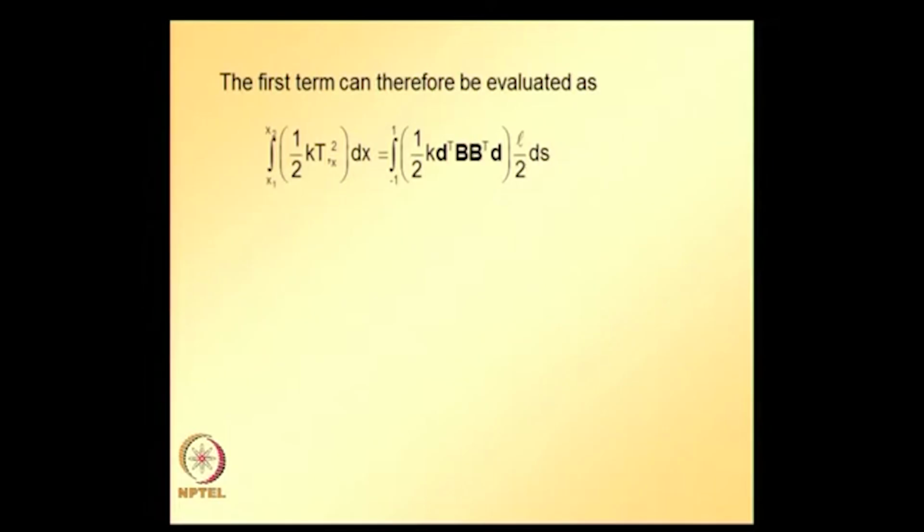This is the first term appearing in the equivalent functional, and now substituting dT/dx squared in terms of the derivatives of finite element shape functions, which is d transpose B transpose d,